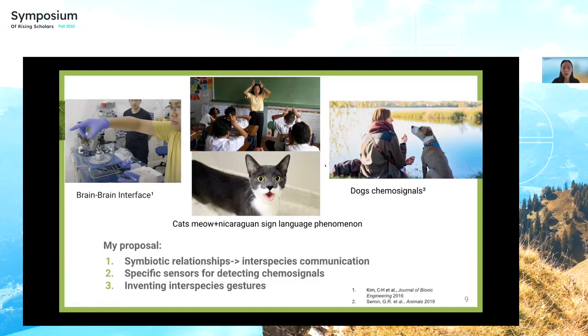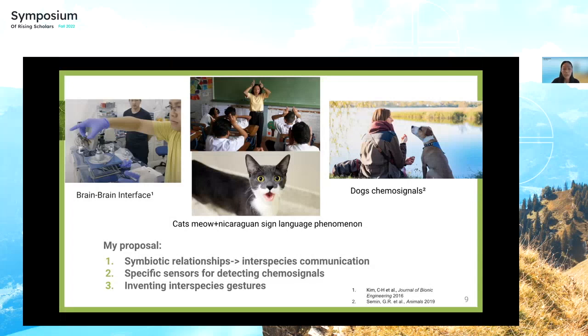Some other examples of interspecies communication include the cat's meow, which is similar to the Nicaraguan Sign Language phenomenon, because cats actually invented meows to communicate with humans. They don't meow to each other, which shows that they have an innate urge to communicate with others. And this urge is not unique to humans. Dogs can understand human emotions through chemosignals, which are any chemicals produced by the body, such as odor,